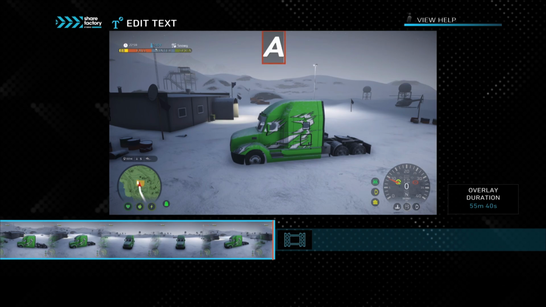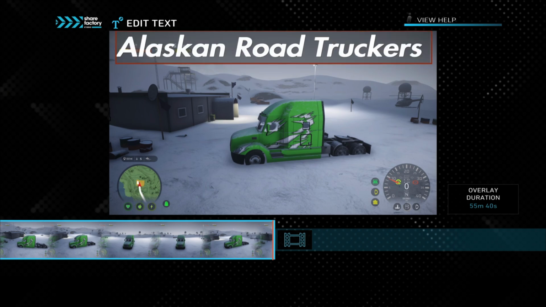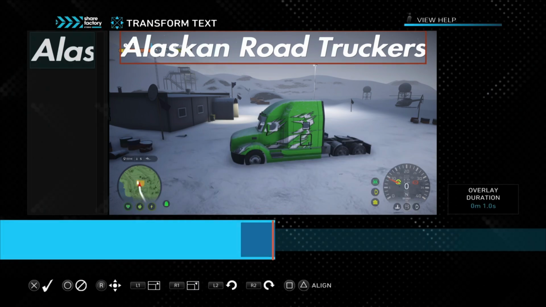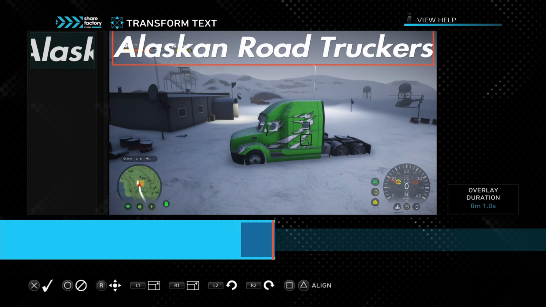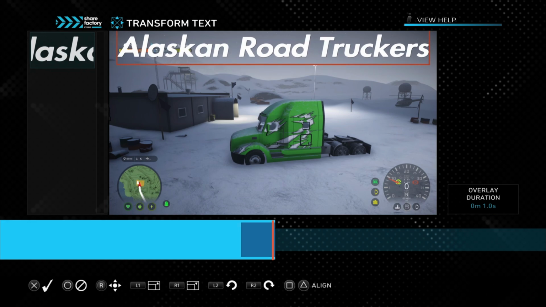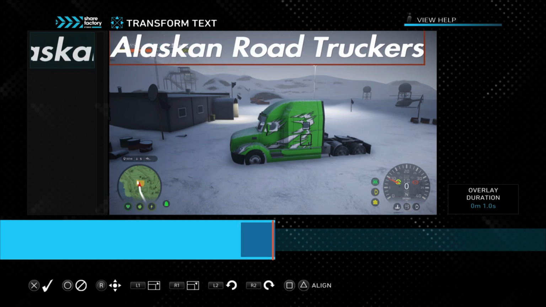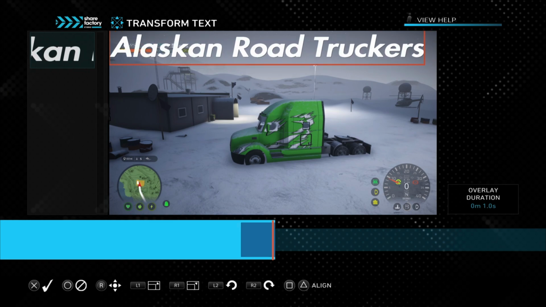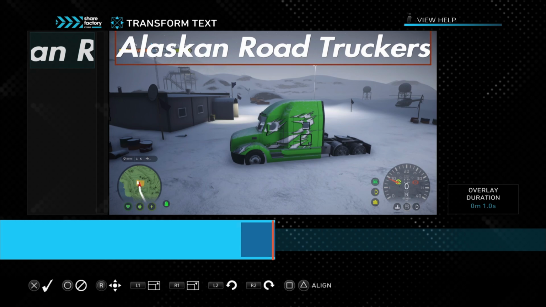So I'm going to put Alaskan Road Truckers, and then I'm going to hit R2 for done. And then here you can hit transform, and with L1 and R1 you can increase the size of your letters, and if you hit square it will move it to the sides, and if you hit it again, it'll center it automatically, which is a really nice feature. So that's what I want, so I'm going to hit